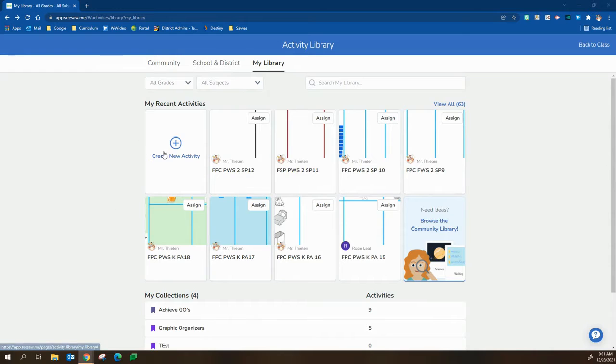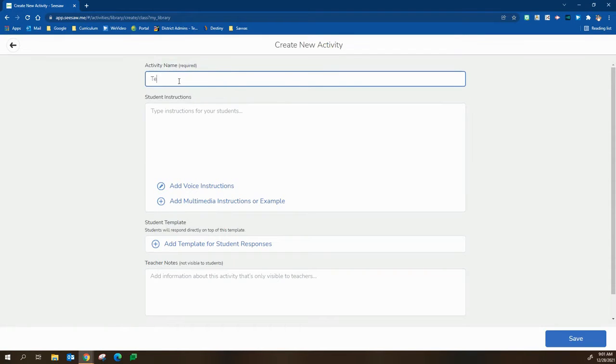Now, sometimes creating an activity can feel overwhelming, but I want you to know that creating an activity can be as complex or as simplistic as you'd like for it to be. When you click Create a New Activity, the only thing that's actually required is the activity name. You could save the activity and assign this to students just like this, where they're basically going to be given a blank canvas for whatever it is that they want to complete in that activity. So maybe this one, for example, is